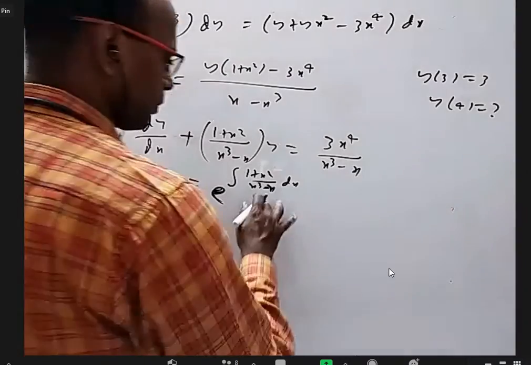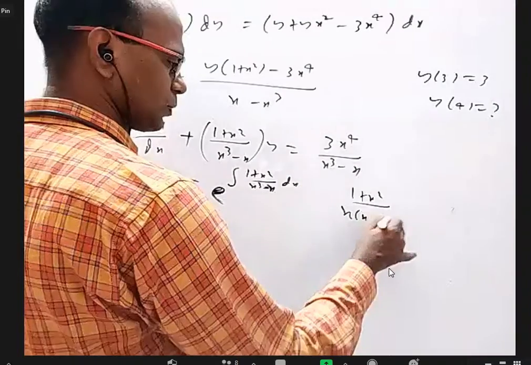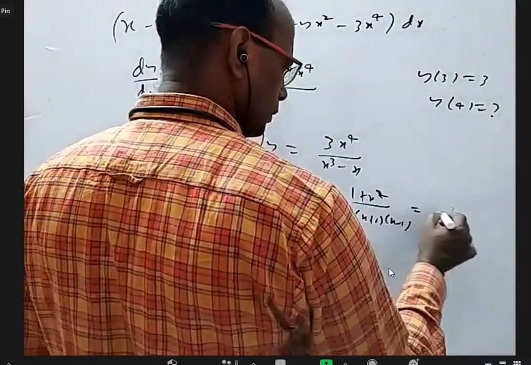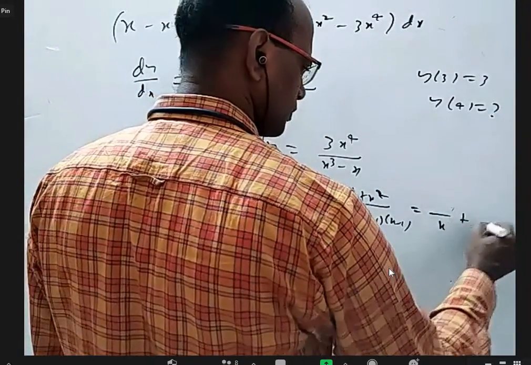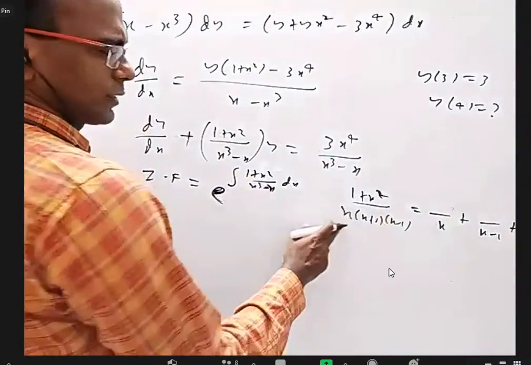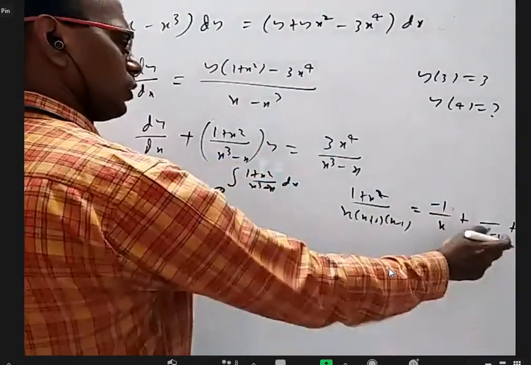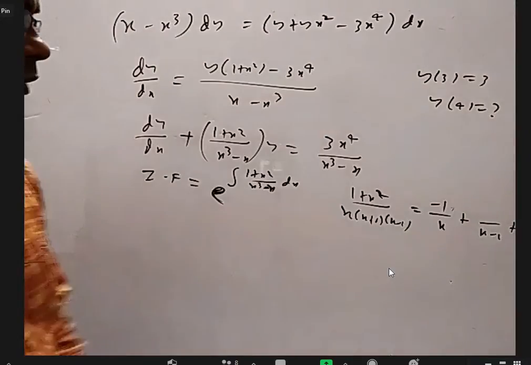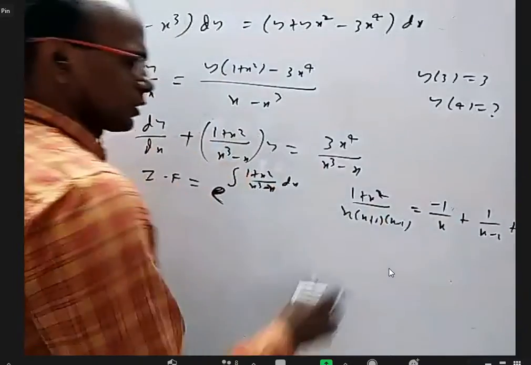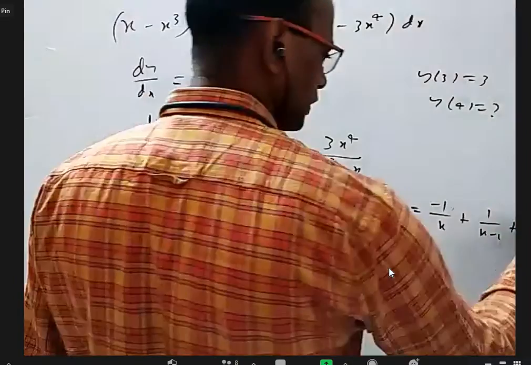Okay, we have to just do the partial fractions part. 1 plus x square by this is x into x plus 1 into x minus 1. I can write something by x, something by x minus 1, something by x plus 1. How to know this? Put x equal to 0, this will become 1, this will become minus 1. So I'll get minus 1. How will you find this? Put x equal to 1, except in this. This will be 2, this will be 2. So 1. Put x equal to minus 1, except in this. This is minus 2, and this is 2. So this is minus 1.